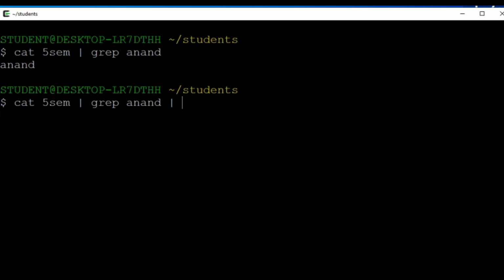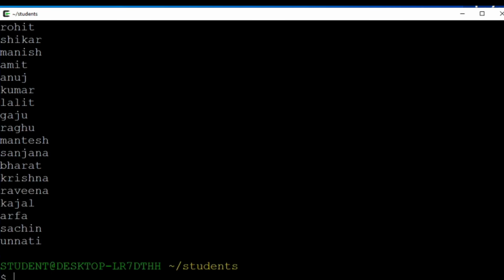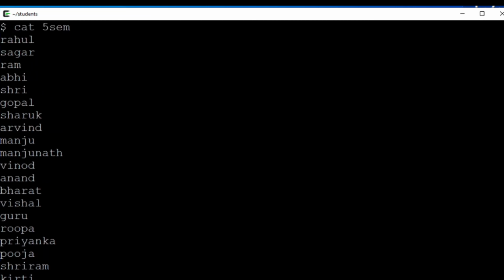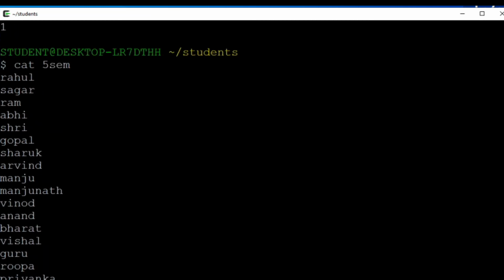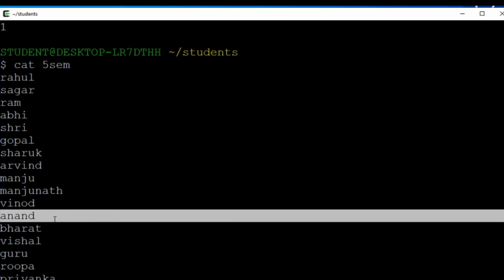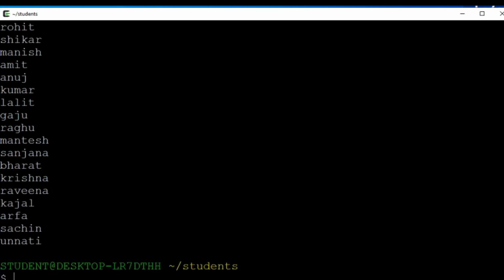What does -l tell? It tells you how many lines the string is present in. So how many times the string Anand has appeared in the student list, the count of lines will be displayed. You can see how many times the string Anand has appeared in the list of students present in the file fifth semester.